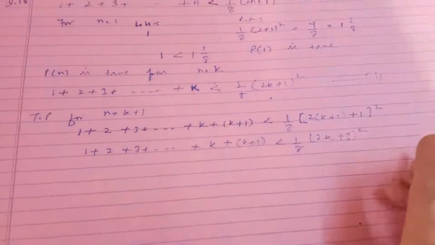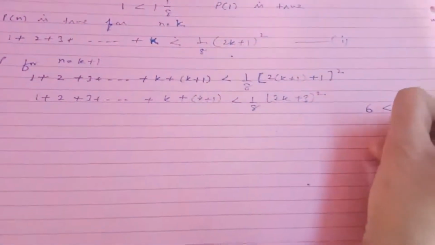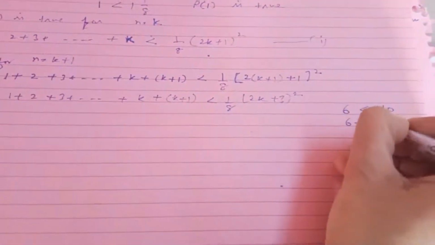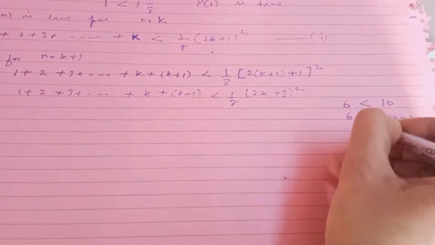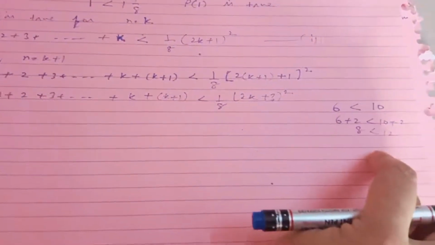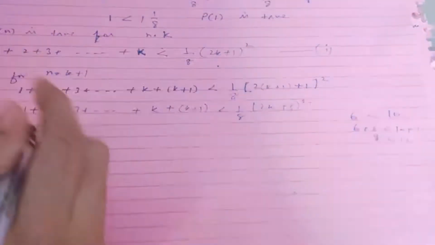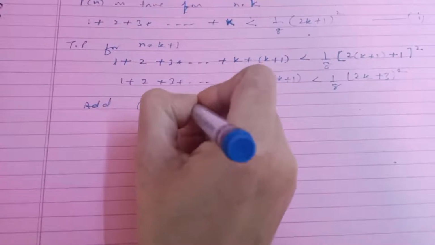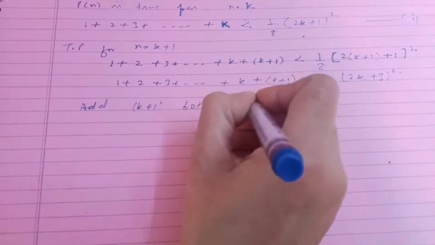क्योंकि जब भी कोई inequality like suppose 6 is less than 10, और अगर मैंने दोनों साइड 2 add कर दिया, by adding 2 both the side, तो आपका ये 8 is less than 12 वो remain रहेगा, true रहेगी, inequality will be true. तो I am going to add k plus 1, add k plus 1 both sides in